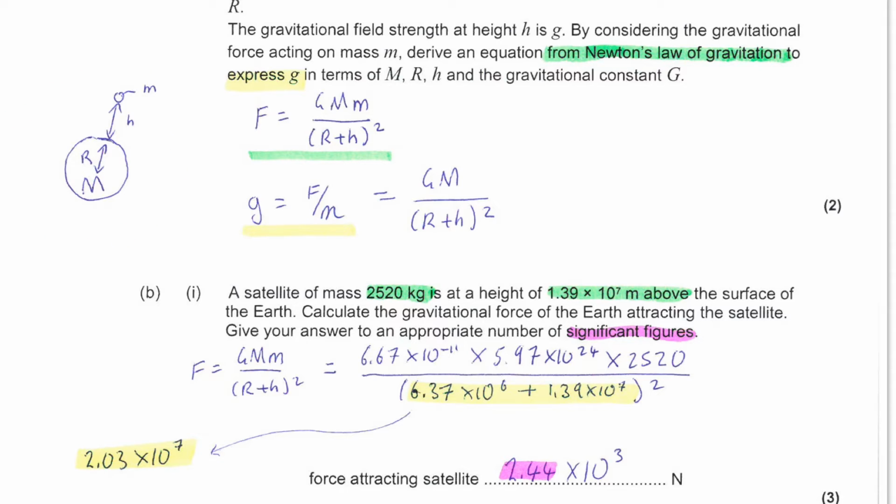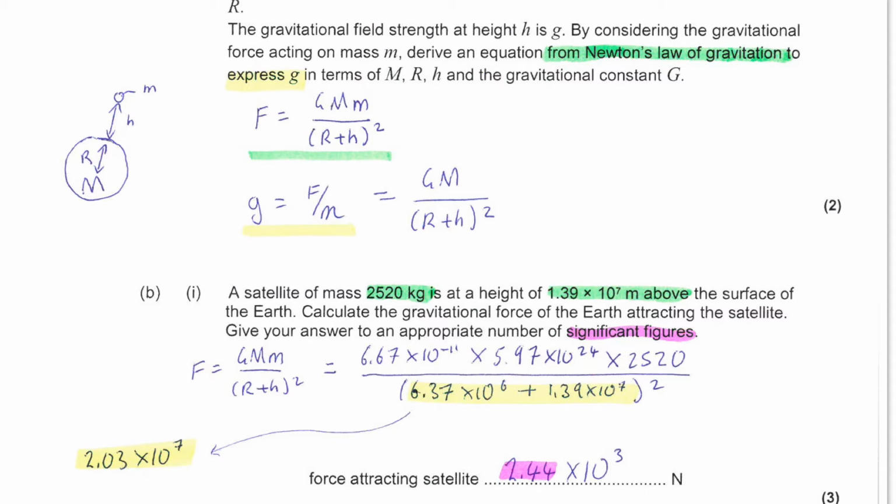I've done that just by sketching a little diagram there, and then going back to read the exact instructions of the question. It says, by considering the gravitational force acting on the mass. So this is where I've begun. I've begun with Newton's universal law of gravitation, and I've written that that force is equal to GMm divided by the radius of orbit squared. And notice there that you must add on the radius of the Earth to the height above its surface. So I've done the first part. I've considered the gravitational force,